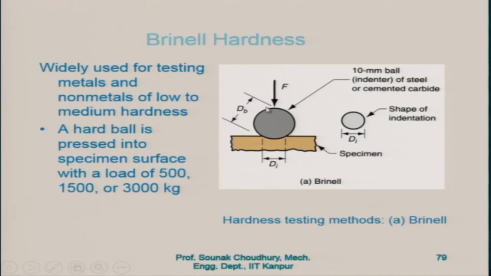This is a 10 millimeter ball. This is a standard procedure all over the world by which the Brinell hardness is measured. Whatever the specimen material is, this is the 10 millimeter ball, and that material should be steel or cemented carbide, and the diameter has to be 10 millimeter, and this will be the indenter,